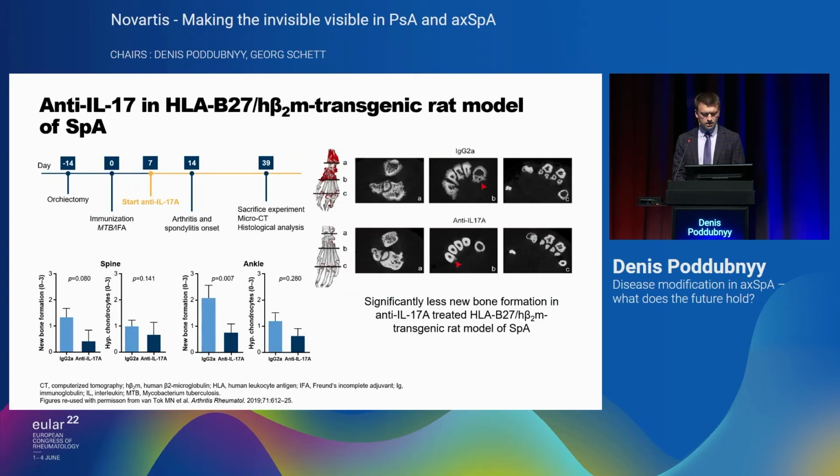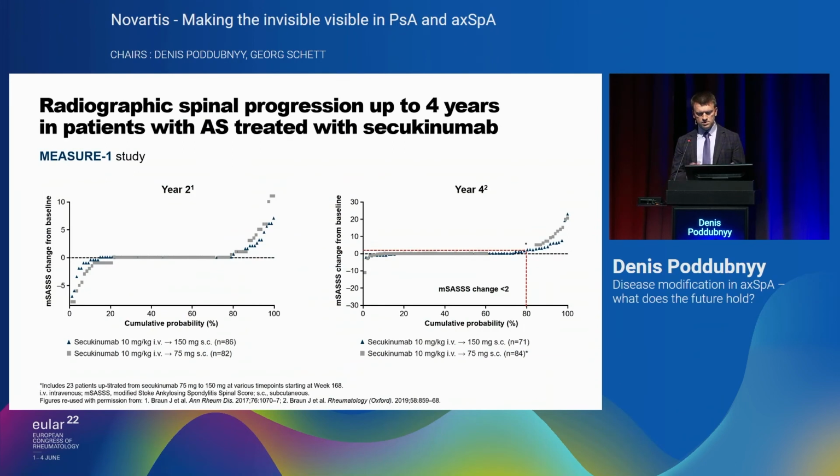There is, of course, a need and a wish to be able to stop new bone formation immediately, right away. You start the treatment, you control inflammation, you control new bone formation, and potentially there might be a role for IL-17 blockade in this context. At least animal models indicated that there might be immediate effect also on osteoblastic activity in this B27 transgenic rat model of the disease. And we also know from clinical trials with IL-17 inhibitors that in comparison to earlier studies